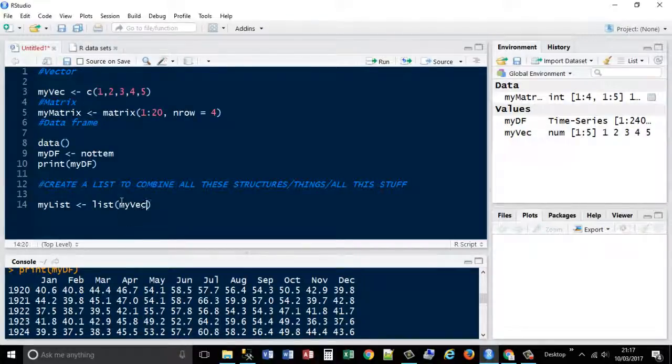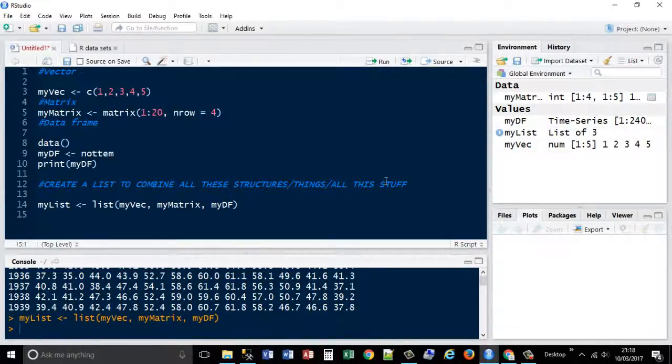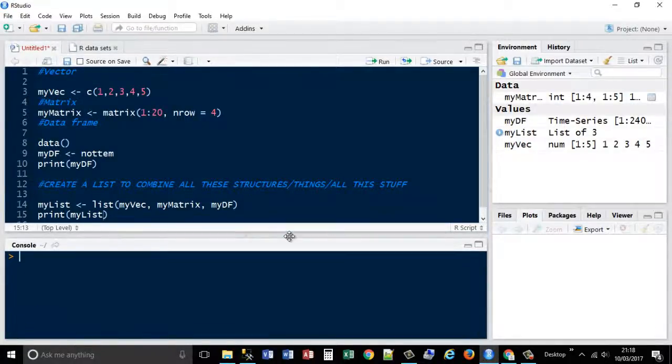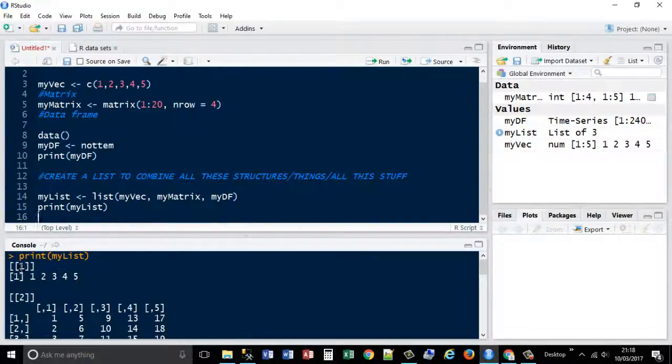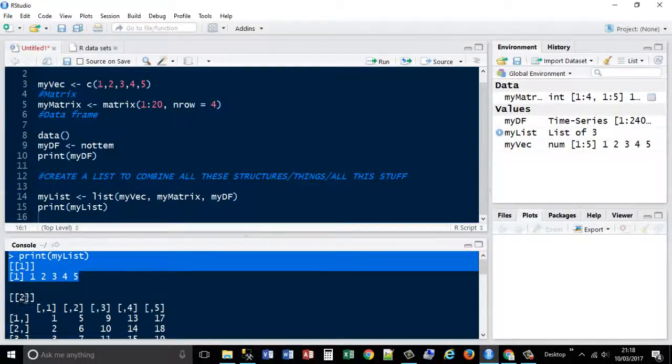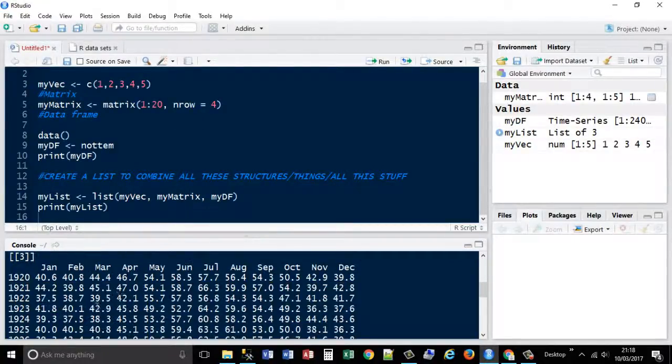So my vec, my matrix, and my data frame. So now, if you look here, we've got a list of 3 items. So if I print that now, print my list, you should see those 3 items combined. Let me just clear my console window, Control and L, if you remember. Print my list. So first of all, index 1 is my vector, index 2 is my matrix, index 3 is